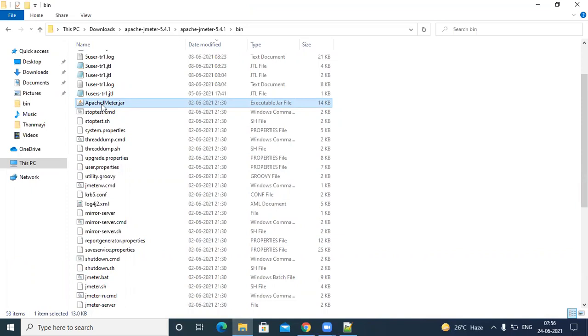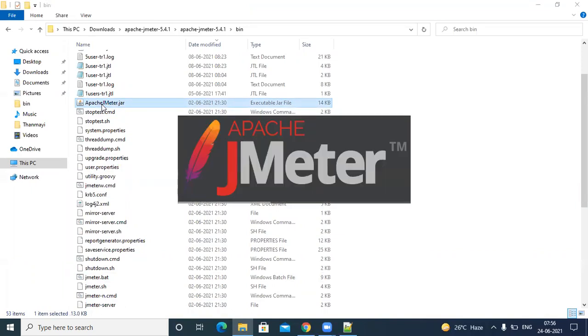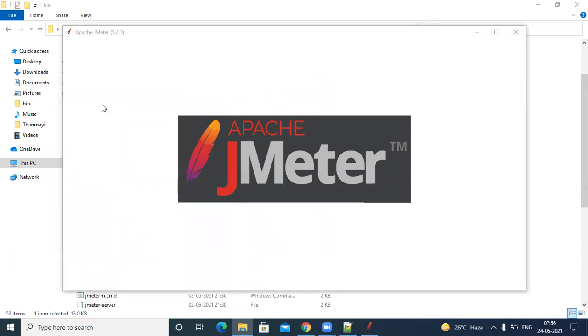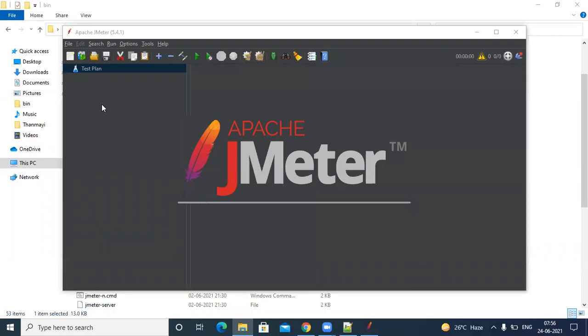So if you simply click on the JMeter jar, it will open, but only if everything is there. If something is wrong, it won't open, it will throw an error, and you don't know what that error is. So it is always advisable to open with jmeter.bat.